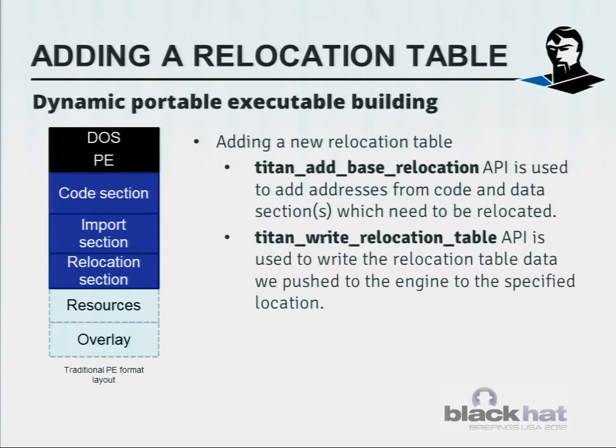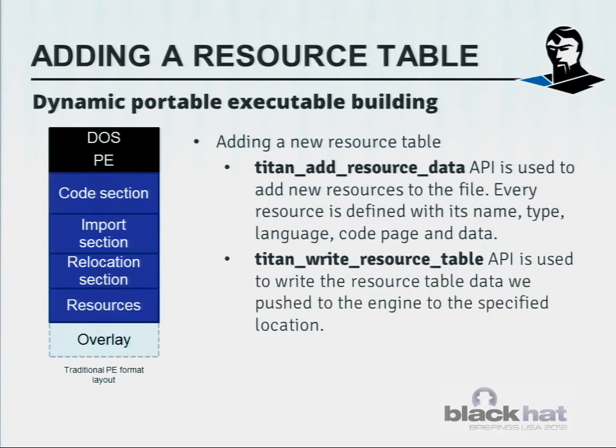Same story goes for relocations and resources later on. So you basically just add base relocations for every address you want to relocate. And when you're done adding all the addresses which need to be relocated, you just write that table. Same story goes for the resources. You add resources, and resources can be added by name, type, language, code page, and so on. That's all the data you can customize, including what the actual resource is. So as soon as you add that data to the resource section, you can just write it, and you have